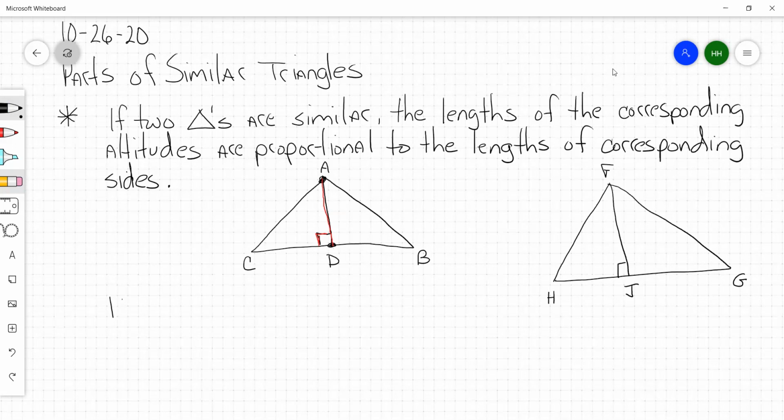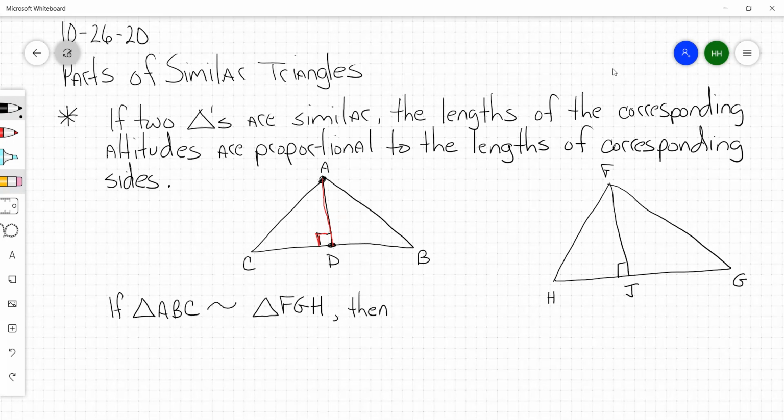So what we're going to say is that if triangle ABC, this symbol right here, this means similar. Now the triangles aren't congruent. All right, congruent means that they're the same. We're talking about similar triangles here. So the one on the right could be bigger than the one on the left, or vice versa. So if triangle ABC is similar to triangle FGH, then